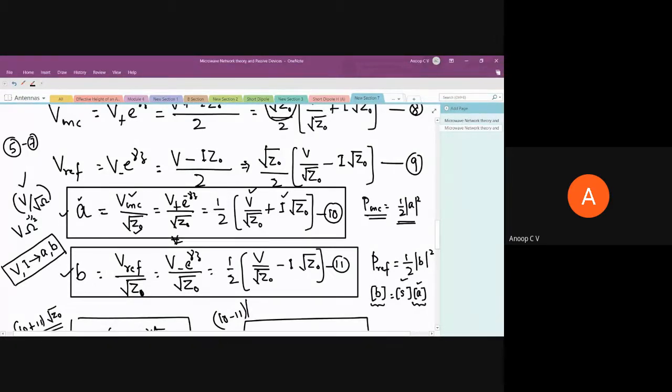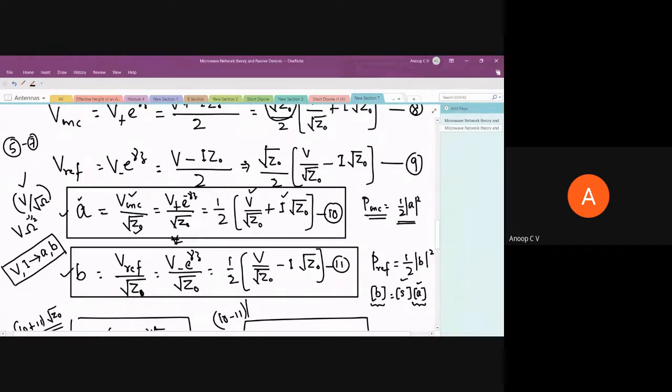the characteristic impedance. If it is not a microwave network, if it is an RLC lumped network, what will be the Z0? The Z0 will be a reference resistance. Depending upon the application, the choice of Z0 will vary if it is a lumped network. But if our interest is a microwave network, then Z0 is nothing but the characteristic impedance. So I'll repeat, a very, very important aspect: A is nothing but the incident voltage normalized by the square root of Z0.